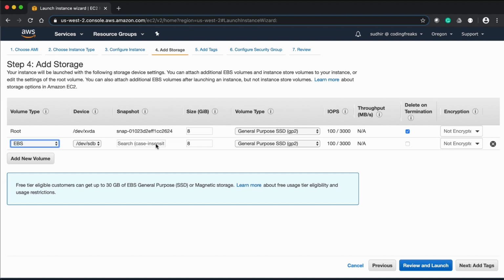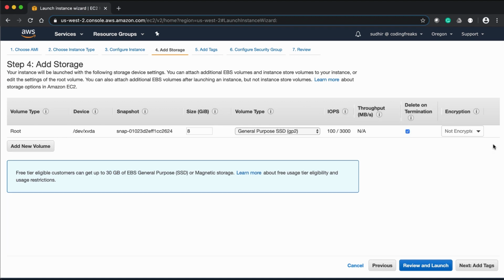There's no snapshot we require at this time. And one more thing about EBS is that if you're going to add additional EBS volumes, you have to give storage capacity which you'll be requiring, and the whole storage capacity which you are allocating will be paid. Though for free tier we will get 30 GB of it, but if we exceed this 30 GB limit, then we have to pay for this. I'm deleting this for now.